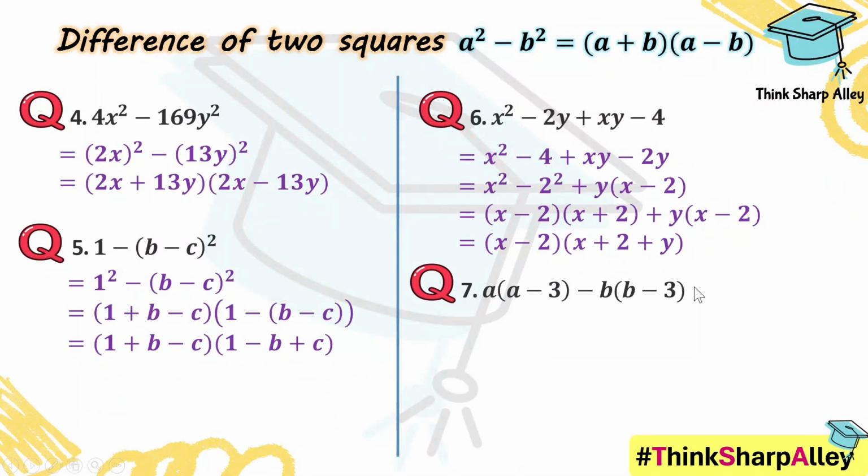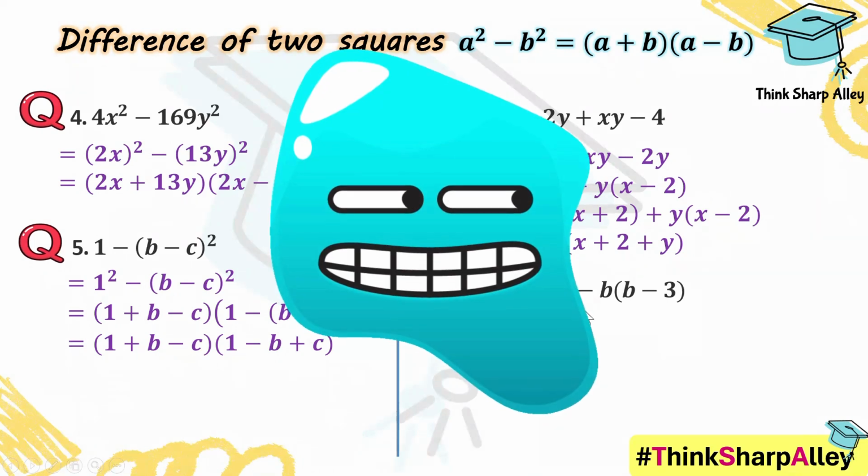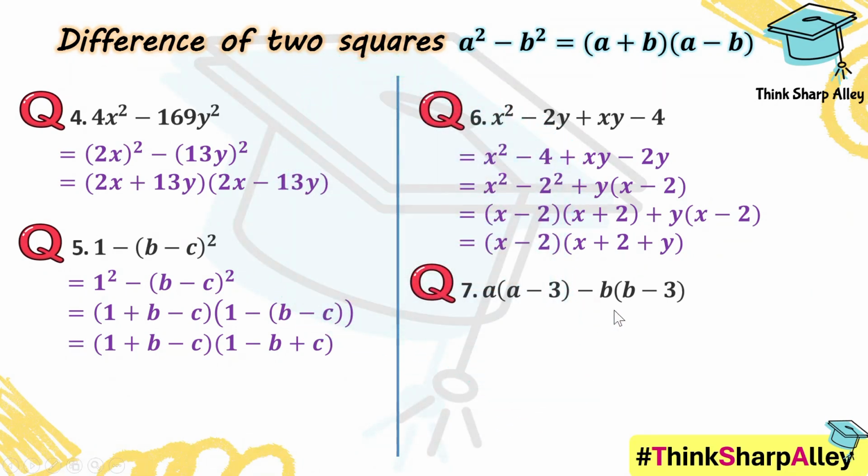Now this is a challenge question for you. Look at this and tell me, are these brackets helping us? The expressions inside the bracket are not the same, nothing is coming common, so zero help. They are just sitting here like useless relatives at a wedding. So let's expand them, but be very careful with the minus sign. You should distribute it like we do with Prasad. So a into a is a square, minus 3a, minus b into b is b square, minus minus plus b